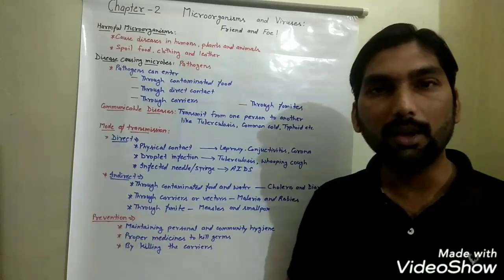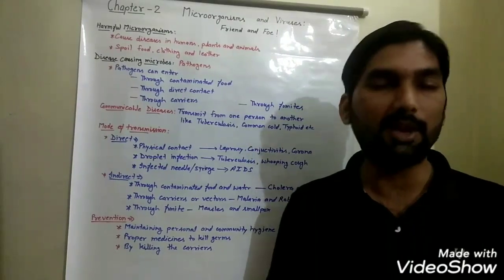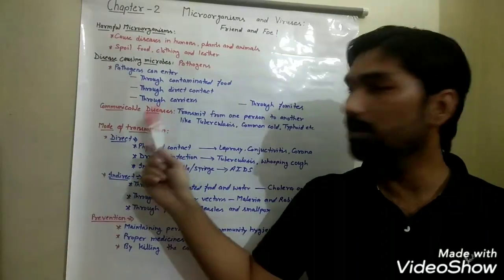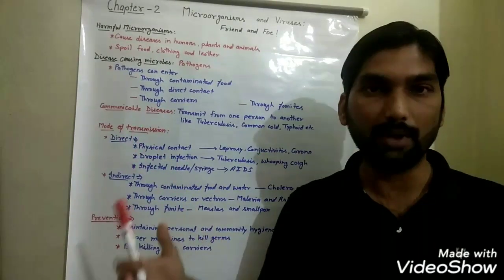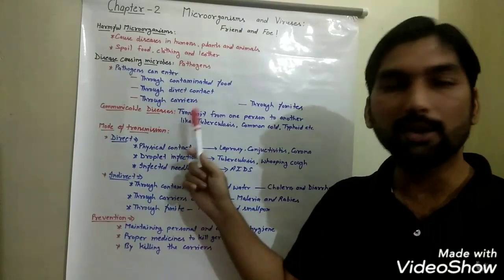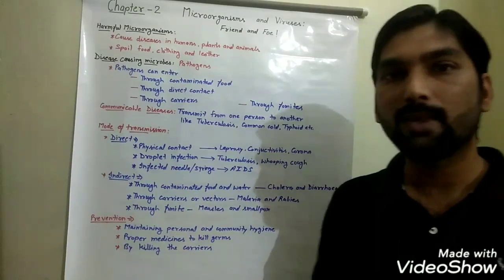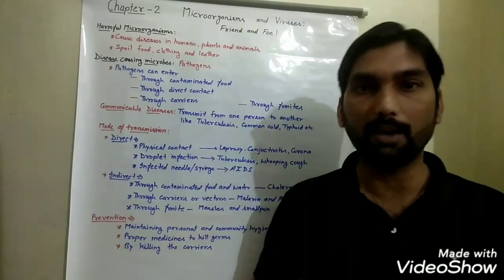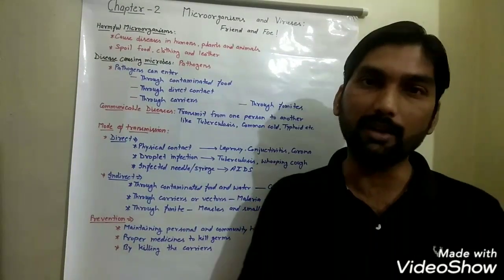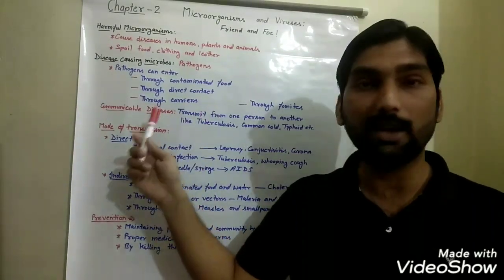So now we will see if these microbes cause any disease in the body. What do we call such diseases which are caused by microorganisms? These diseases are known as communicable diseases, and you know from your previous class that diseases which can transmit from one person to another are known as communicable diseases. Since they are caused by microbes, and microbes are living beings which are able to move from one place to another, whether with the help of air, water, or these carriers.